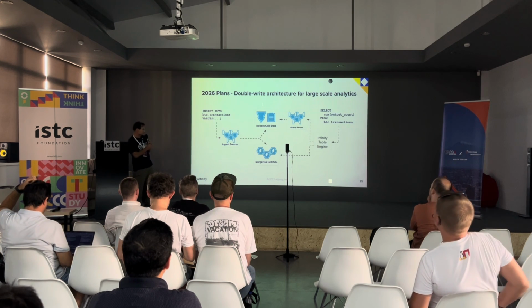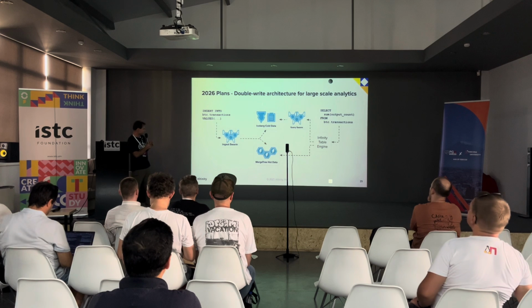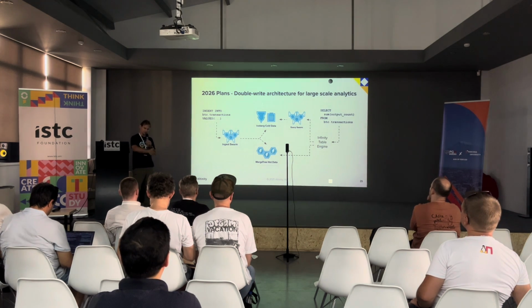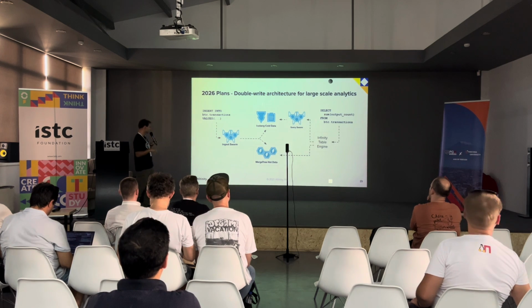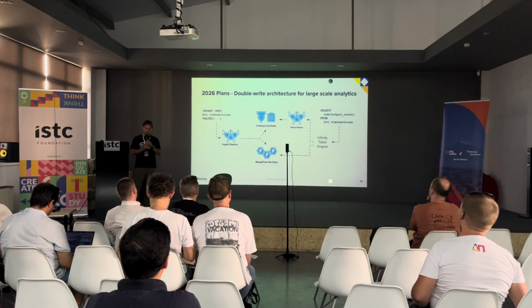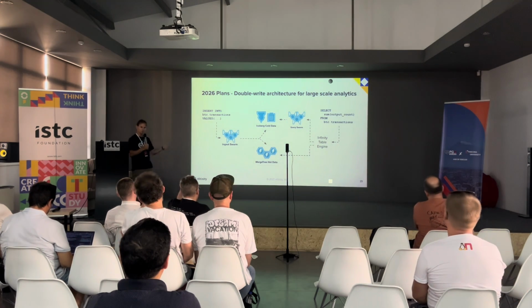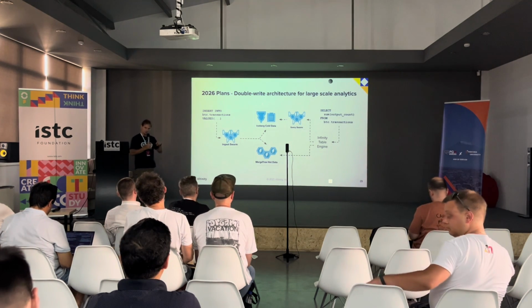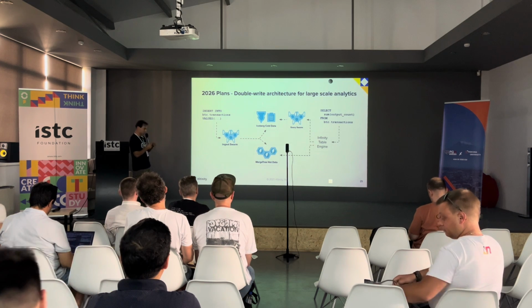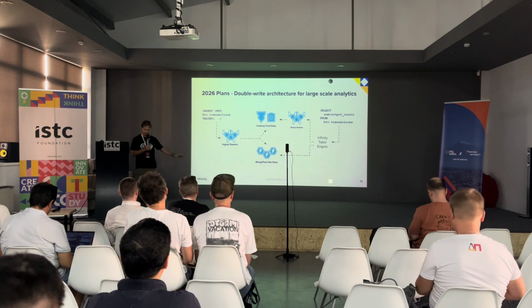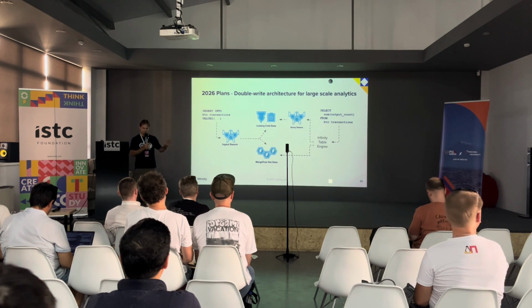And the next step, which is still in plan, so we're working on that, is to implement double write. We were talking about real-time data lakes at the beginning, and we will finish with that at the end. But you know that real-time is actually two sides of the coin. You need real-time queries, and you need real-time ingest. ClickHouse is very good for real-time ingest, but not Iceberg. In Iceberg, it is very, very slow, you cannot serve data too fast.